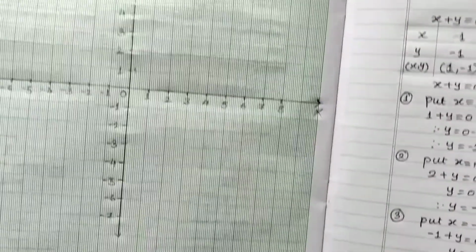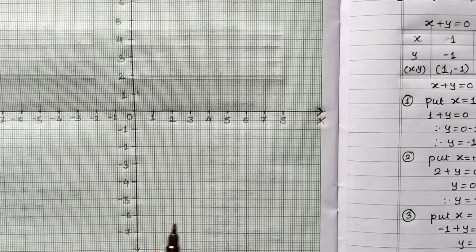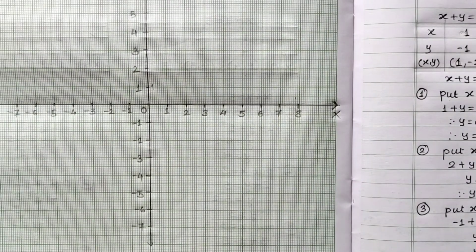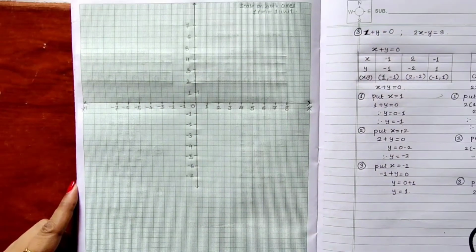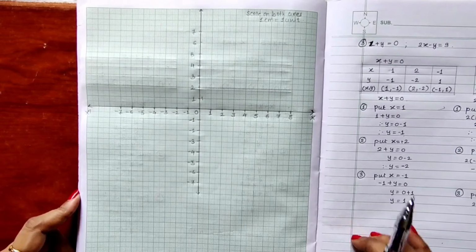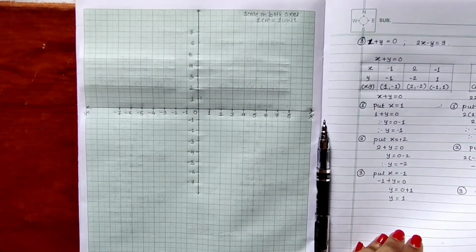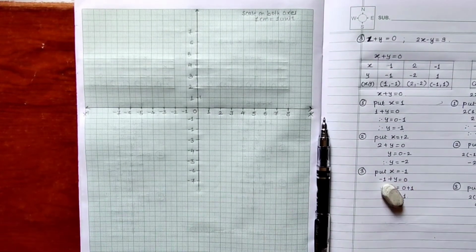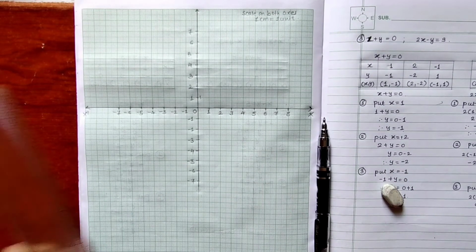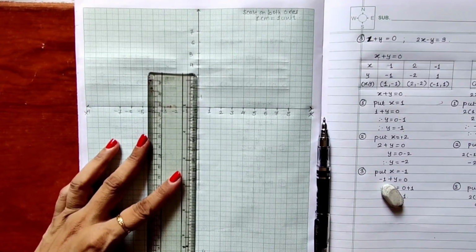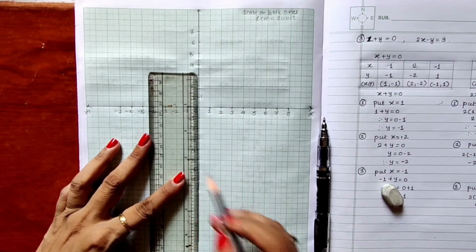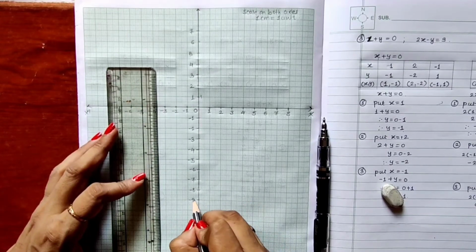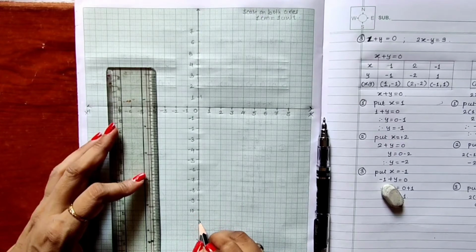So let me do the changes here. I have drawn till minus 7. I will have to draw till minus 11. Let me zoom in. Okay, so I hope now it is visible properly. I will be extending my y-axis so I can get till minus 11 at least. Okay, so this is minus 8, minus 9, minus 10, and minus 11.